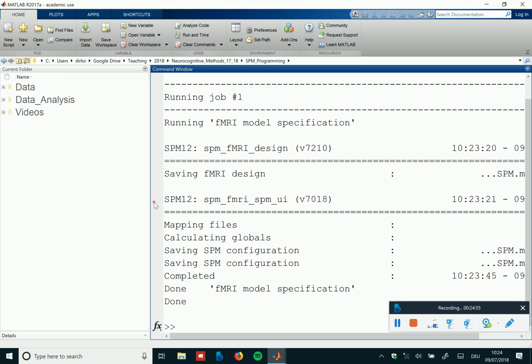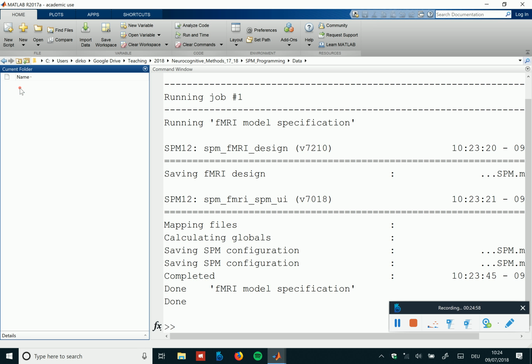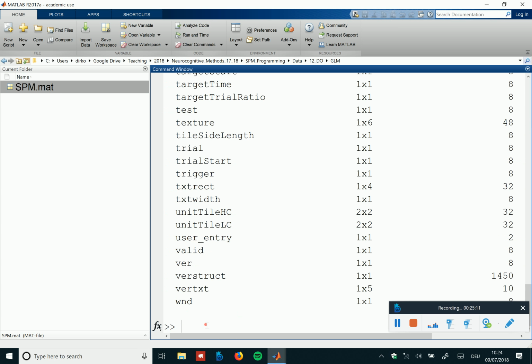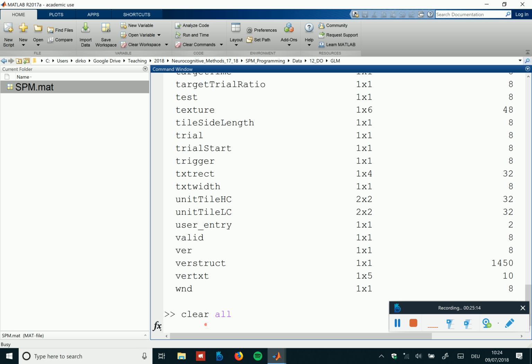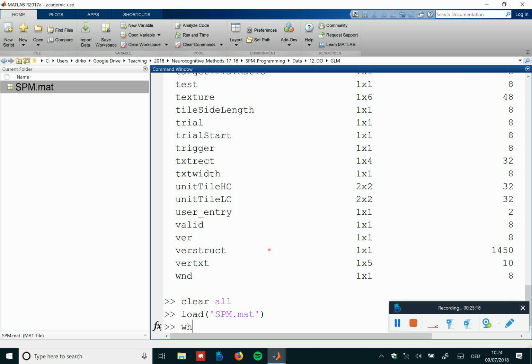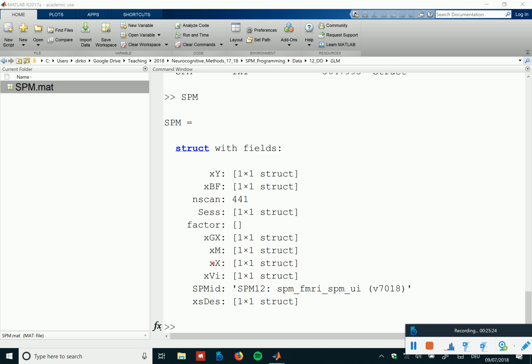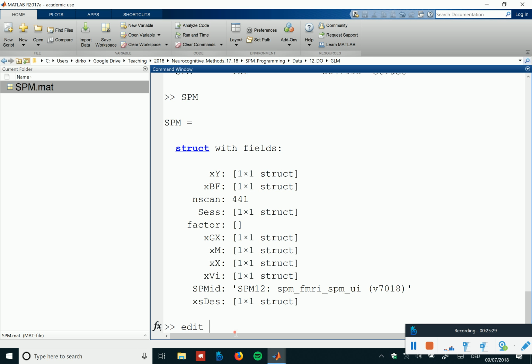So this has now run. What this creates, I assume this is what we did last time, is an SPM MAT file in the GLM folder. Of course, one can just look at this. This is just a structure which has a lot of information on the design. So, for example, if one goes into, for example, edit SPM fMRI design, I think one,